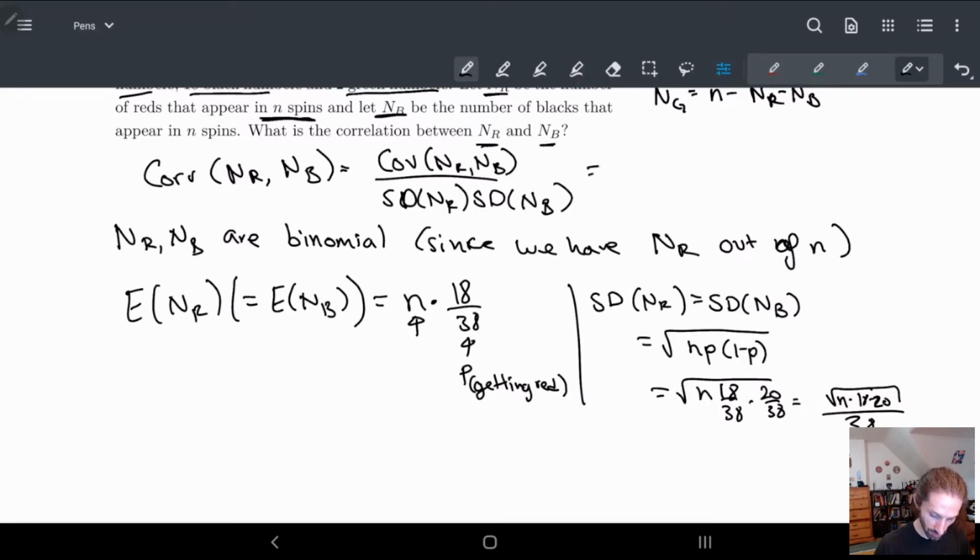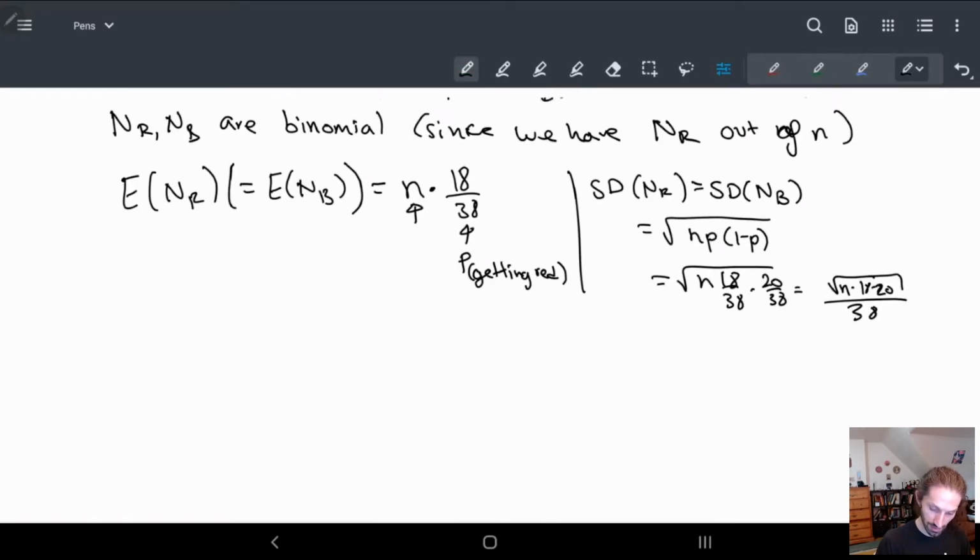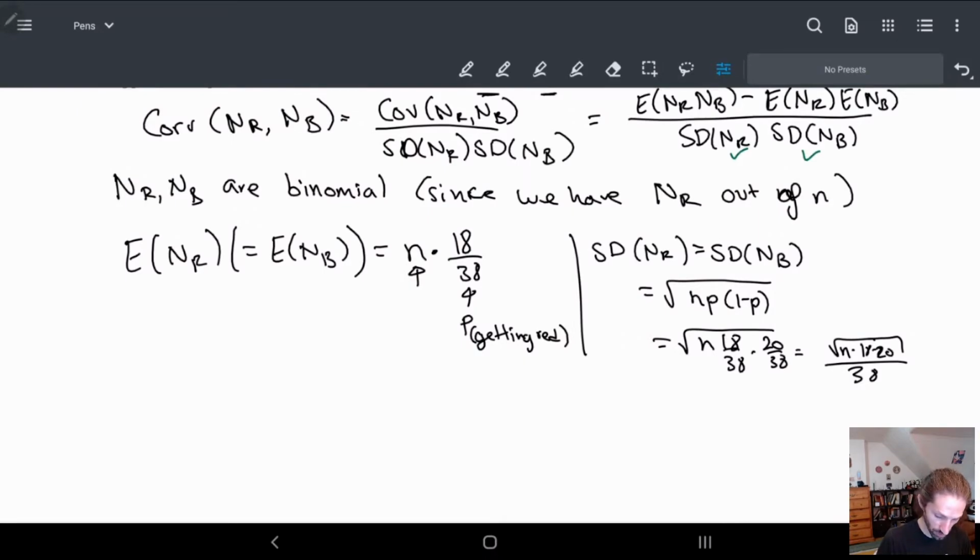And then what's the other thing? The covariance, if we remember, is E of NR NB minus E of NR times E of NB. So basically, what do we have so far? We've done all of these. All that's left on the left-hand side is the expected value of the multiplication. So we need to solve this. Now, this is actually quite difficult. It's not something that's really easy to do,